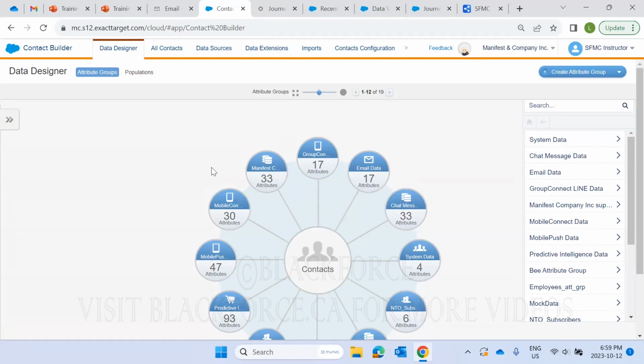All right. When it comes to Marketing Cloud, depending on what your data sources are, you can build a data schema inside Contact Builder